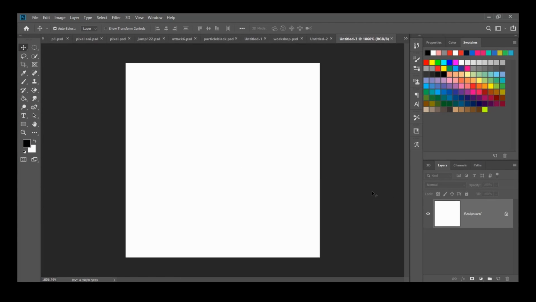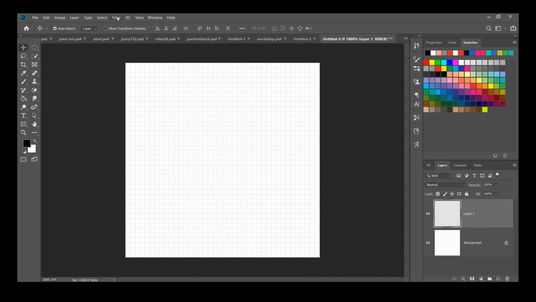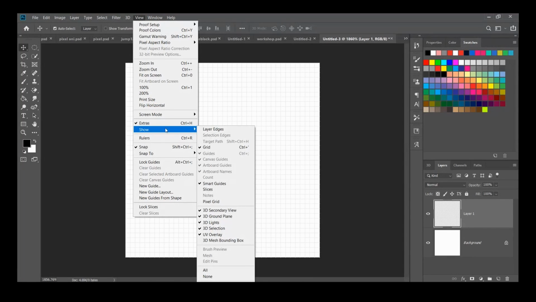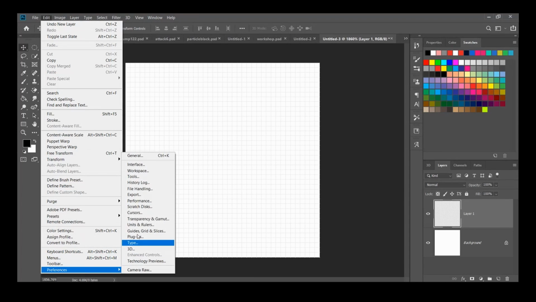Zoom in. Now, to see the pixels, you can use the grids to differentiate every pixel. First go to View, then Extras. After clicking Extras, if the grid is not showing, then in the Show tab you can select the grid. If the grid size is varying, you can change that also from Edit, Preferences,